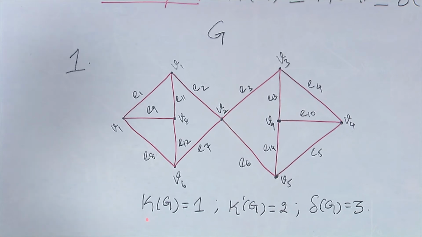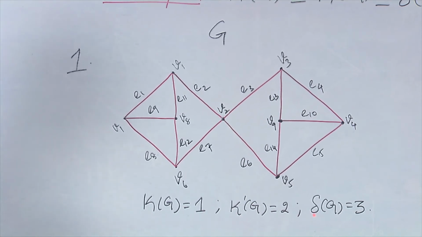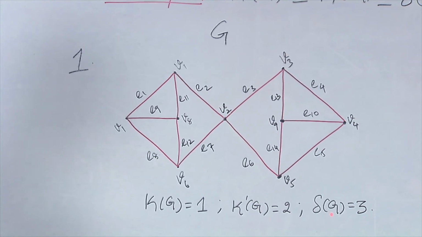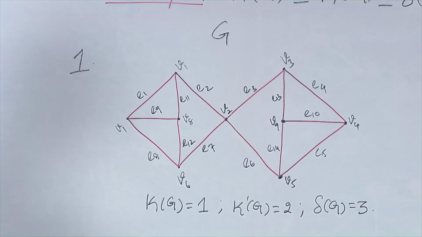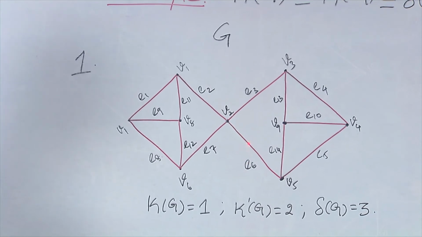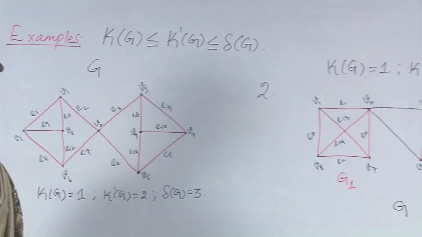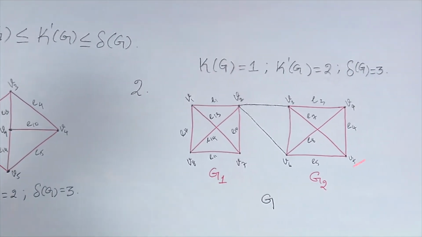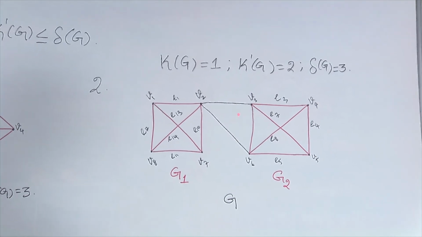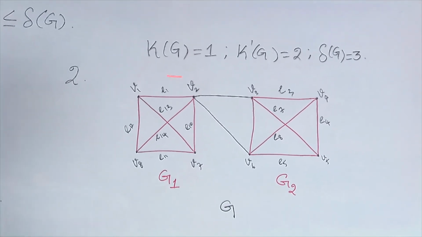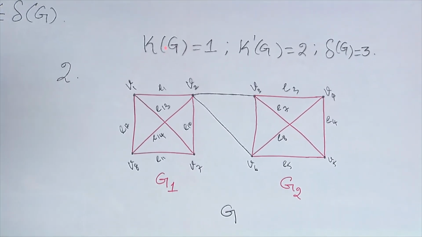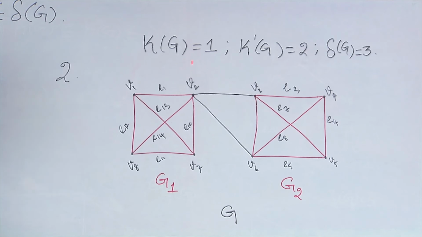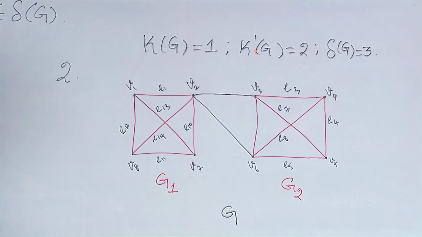So, we have kappa of G is equal to 1, kappa dash of G is equal to 2, and delta of G is equal to 3, and 1 is less than 2 less than 3, which means Whitney's inequality is verified here. For the next graph, we are going to draw a graph satisfying these relations. For that, connectivity should be equal to 1, edge connectivity should be equal to 2, and minimum degree is equal